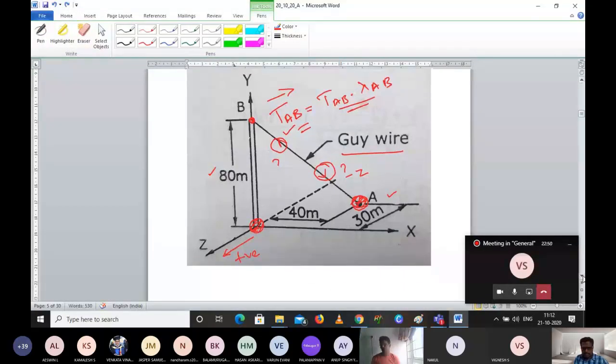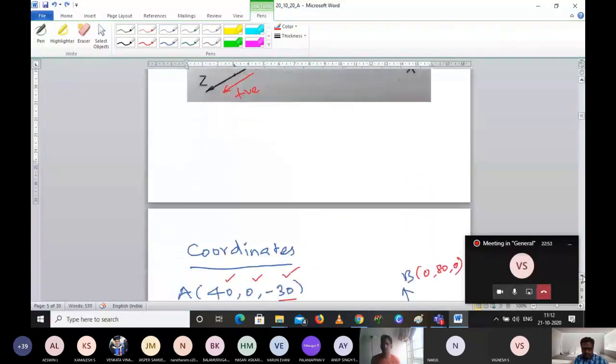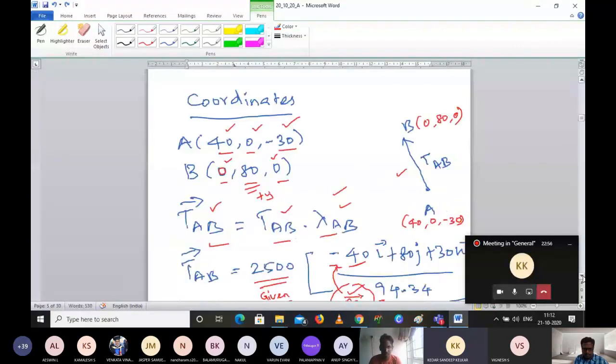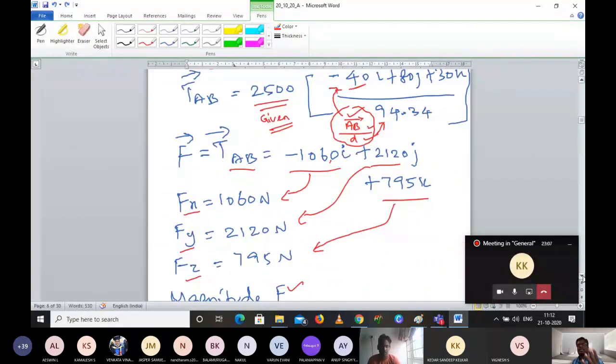Sir, I have a doubt. Yeah, tell me. Because the tension in both ways is the same value, does it matter which one we take as x1, y1, z1? No, it doesn't matter actually. But if you are taking A to B, A will be x1, y1 and z1, and B will be x2, y2 and z2. Are you getting? Okay, sir. The direction matters because based on that we will finalize how the force is acting, whether it is compression or tension. Got it? Yes, sir.